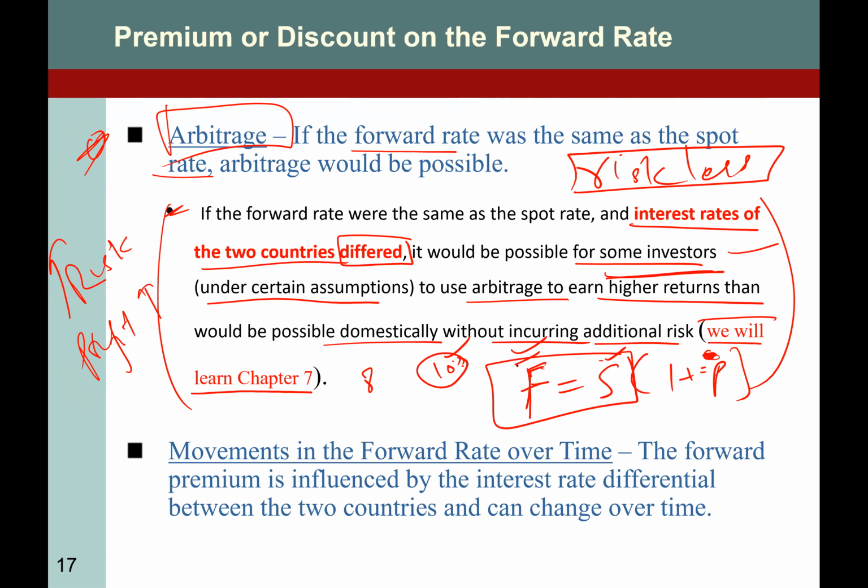Plus, they would be entering into a forward contract, so there would be no uncertainty for the set period, whether 30 days or 60 days or 90 days, because forward is equal to spot rate and they have entered into a forward contract. It is an obligation as well. So even if there is inflation, even if there is some kind of government intervention, once you enter into a contract, there is obligation. And at the start of the contract, if this is the possibility, then you don't worry about the consequences. You will be having a guaranteed return. So movement in the forward rate over time, the forward premium